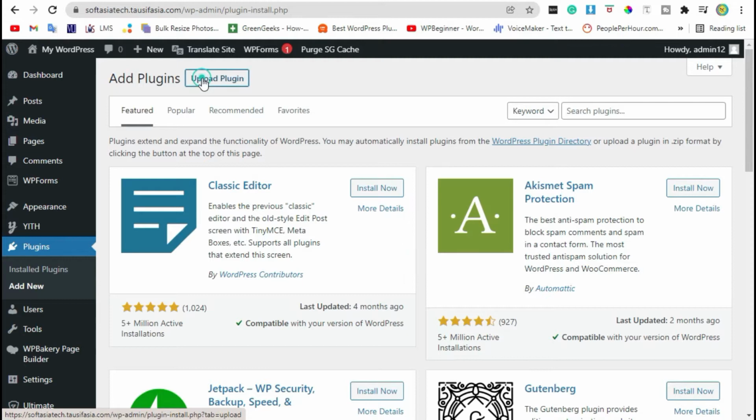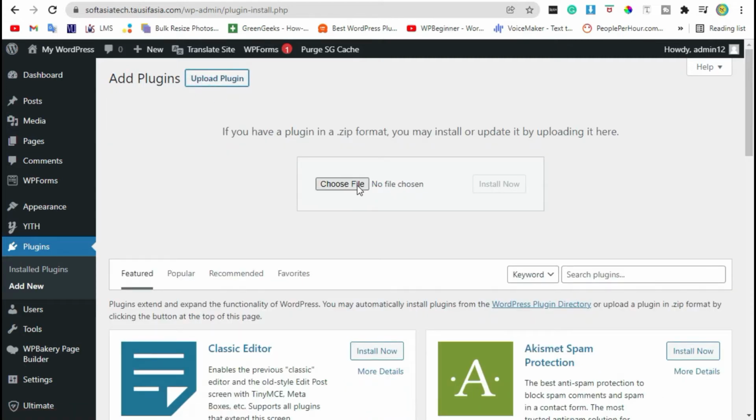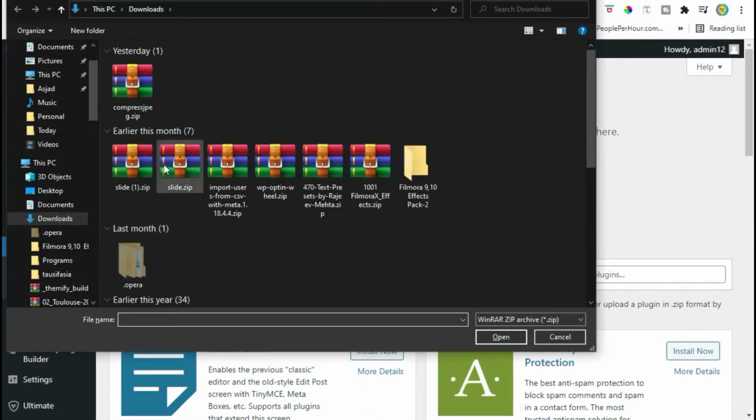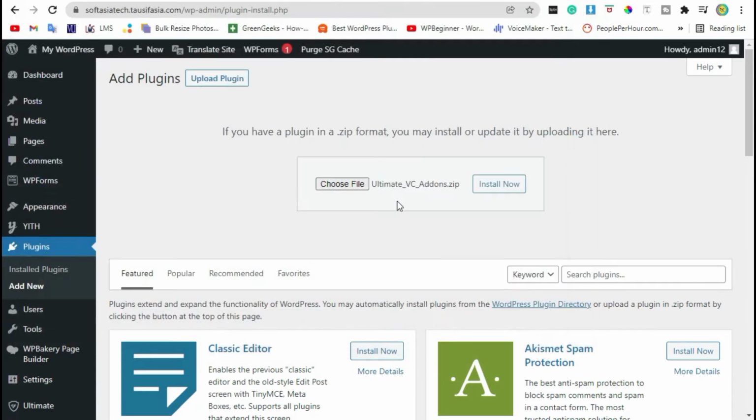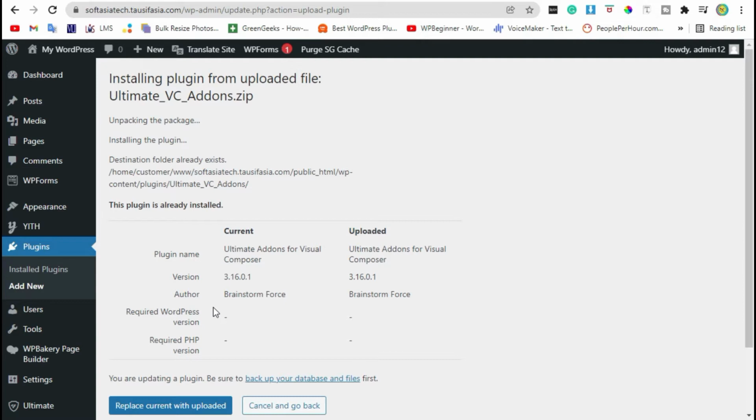Click on upload plugin. Choose file from your computer. Install Ultimate VC add-ons. You can download it from your browser. You have to purchase this plugin. Now click on install.